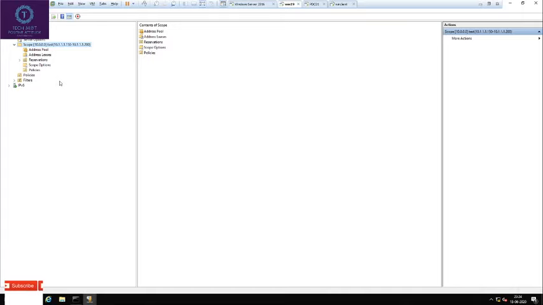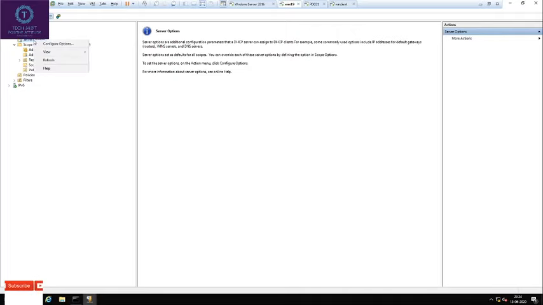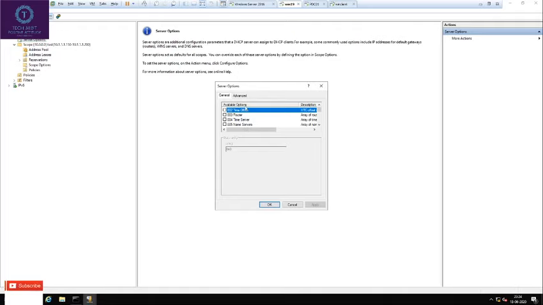Okay. I will show you the server options first. These are the different server options, like time offset, router, time server, name server.